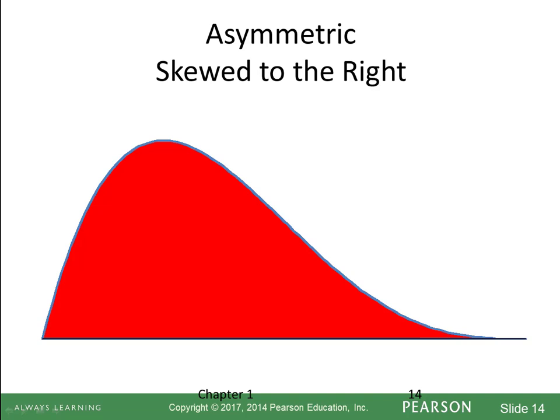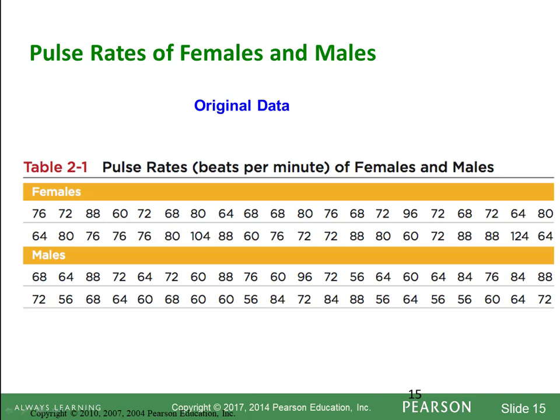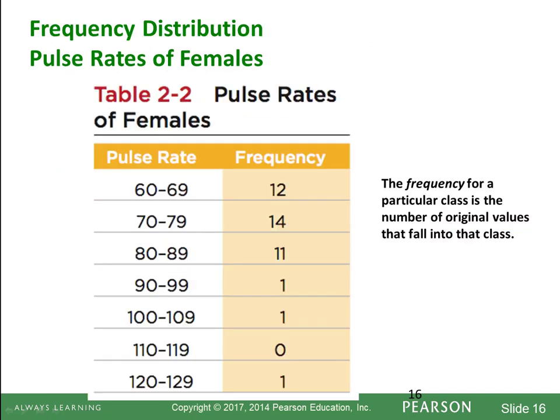Here's an example of a data set: the pulse rates in beats per minute of males and females. This is not in your textbook; it comes from another Pearson book. If we take the female data and put it in a frequency table, it's going to look like this. Now, when we do frequency tables, we usually do binning, and that's just a fancy word for